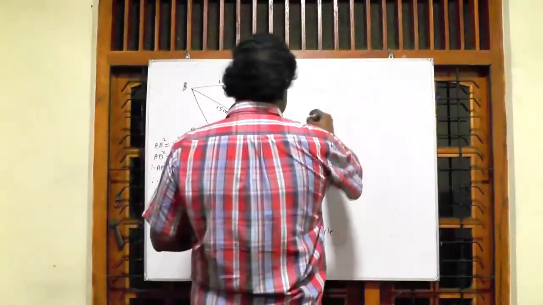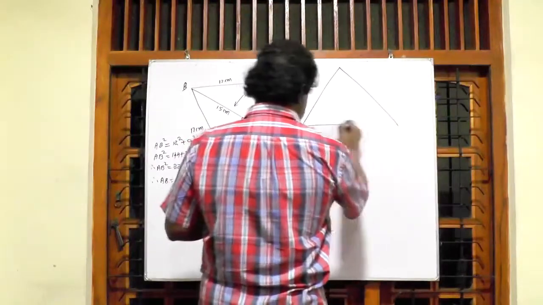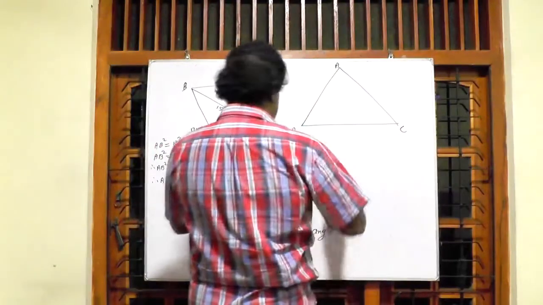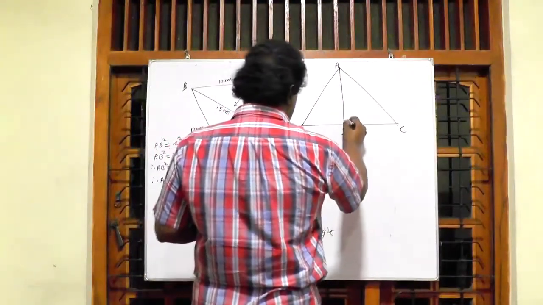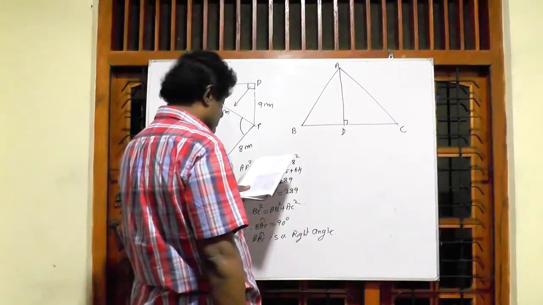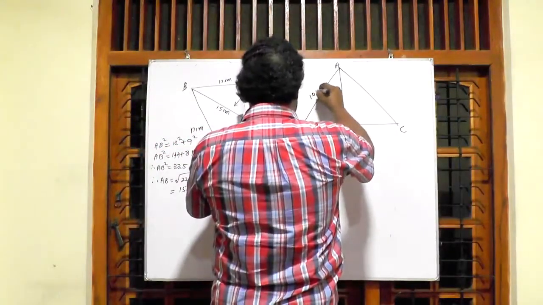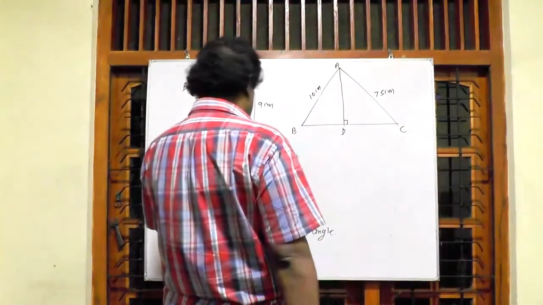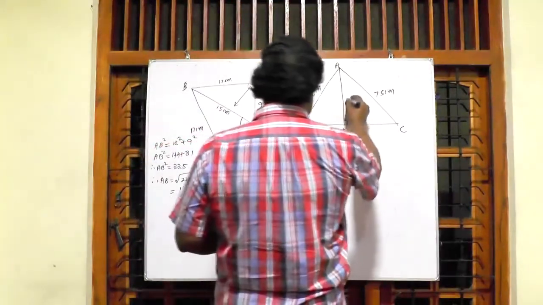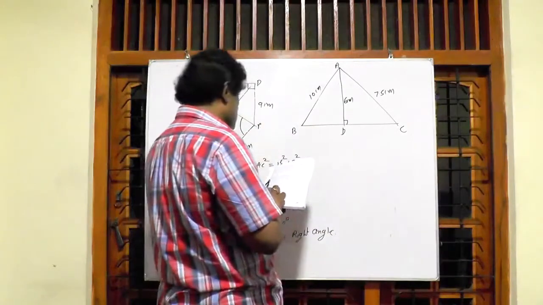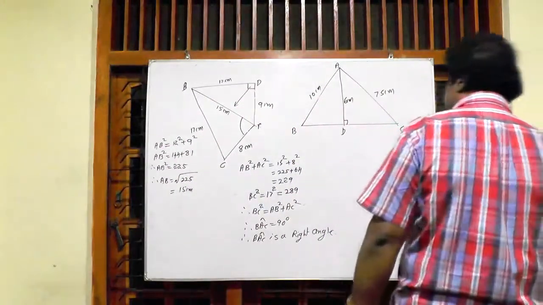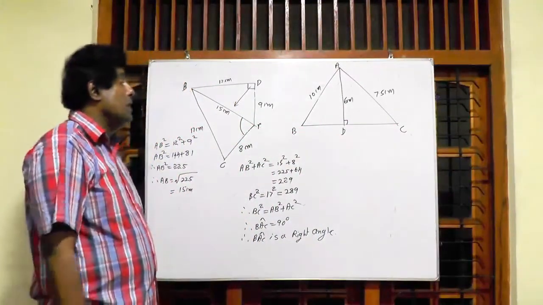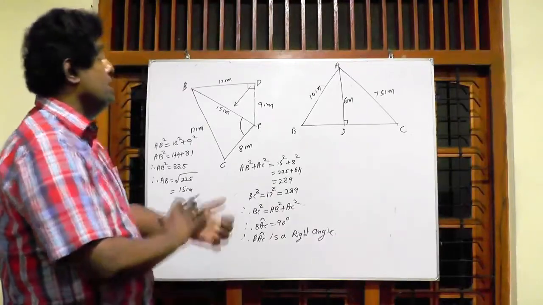On the other hand, another figure has been given here. ABC is a triangle. In the triangle ABC, line AD is perpendicular to BC. The length of AB is 10 centimeter, the length of AC is 7.5 centimeter, and the length of AD is 6 centimeter. Okay, right. Both of them are right angle triangles. What are they? ABD and ACD.